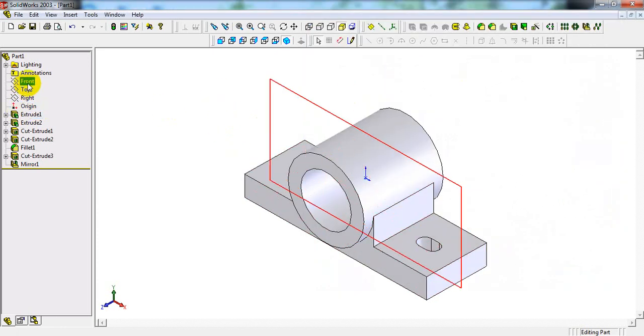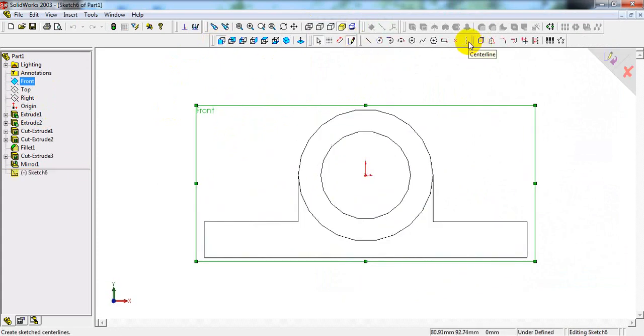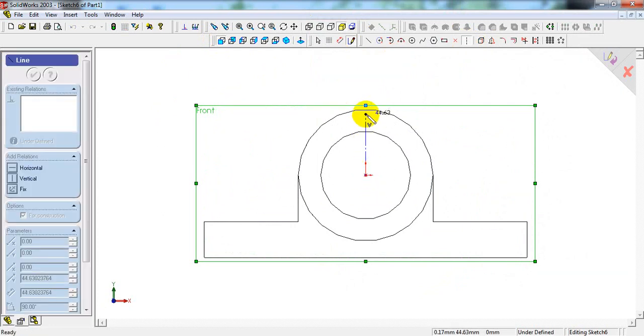Select front plane, front view, sketch, take center line command. From origin point draw one vertical line up to exactly 48 mm.